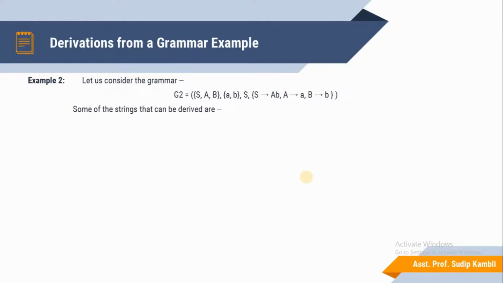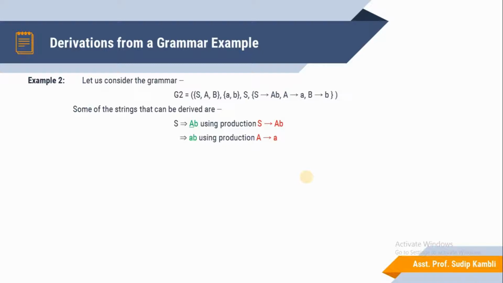So using the first start production rule, S derives AB. Two simple production rules are declared here. A is replaced by small a, a terminal symbol, and B is produced the same way. So using the production rule S derives AB, we produce the string ab.